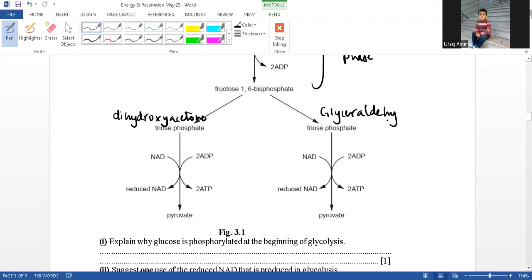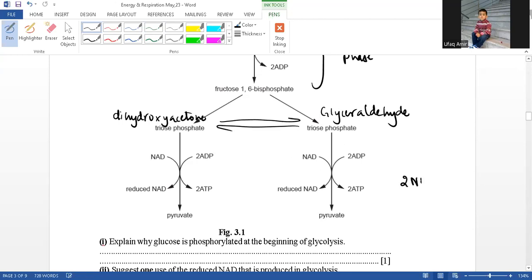The reaction continues with glyceraldehyde, and dihydroxyacetone is later also converted into glyceraldehyde. So this process takes place, and one NAD is reduced and two ATPs are produced. And when this repeats again for the other triose phosphate,